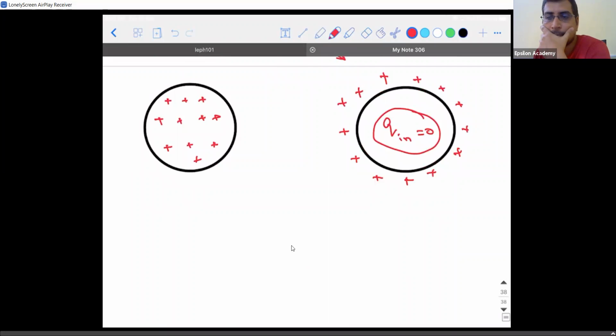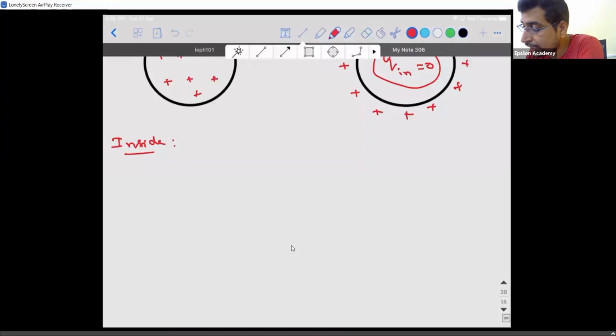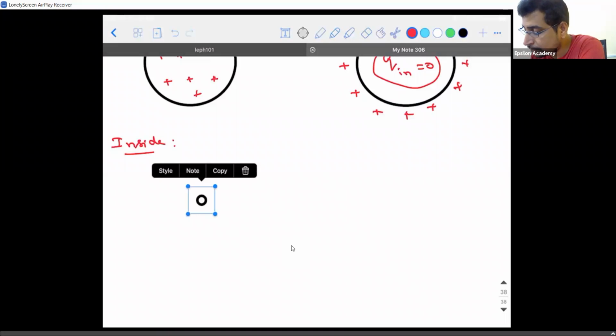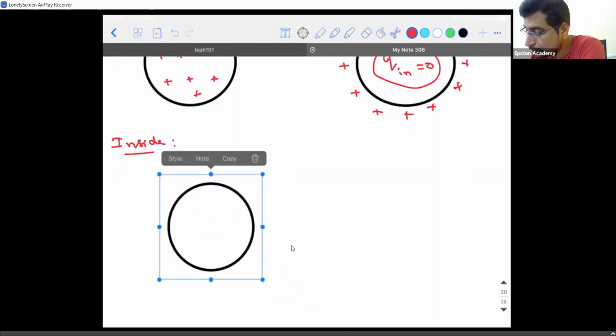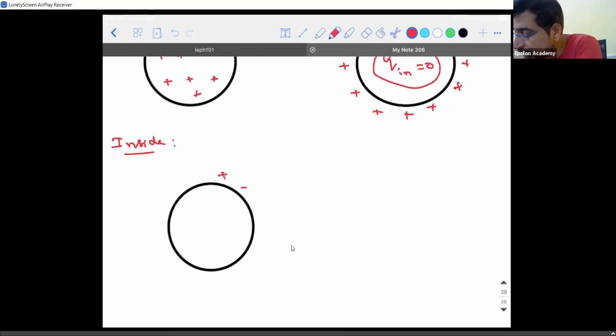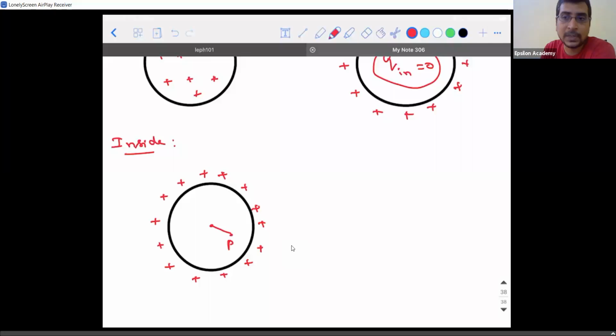What is the first step? So I will write it as inside. I'll take the point inside. So when I take it inside, it is going to be something like this. We know that all the charge is going to be concentrated only on the surface. Is there anyone who didn't understand why it will concentrate only on the surface? It is purely because it has no mass inside. There is no matter present in it. So if there is no matter, obviously there is no charge, right?